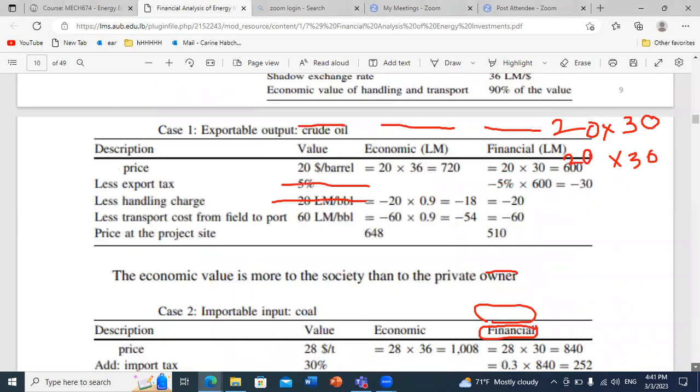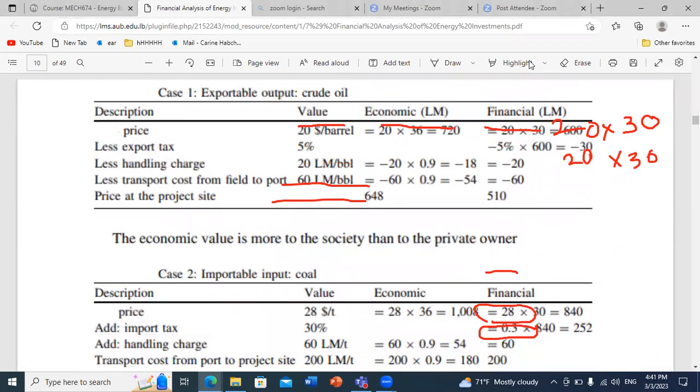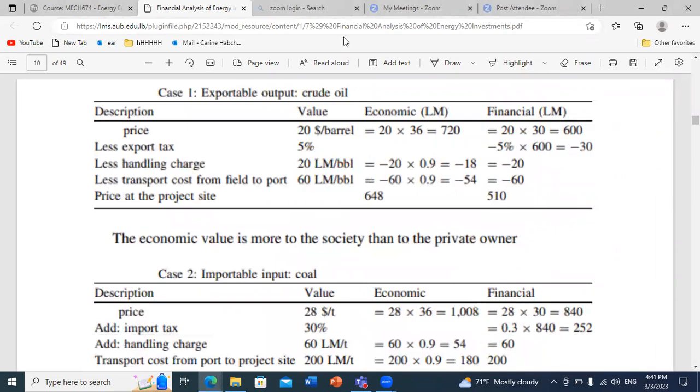So this is the first aspect. As you can see here, we multiplied by the shadow rate for the economic analysis and by the official rate for the financial analysis. The next step is the tax. As we mentioned, we don't take taxes into consideration when we do economic analysis, so we don't put anything here, it says 0. While in the financial analysis, we should subtract from the final